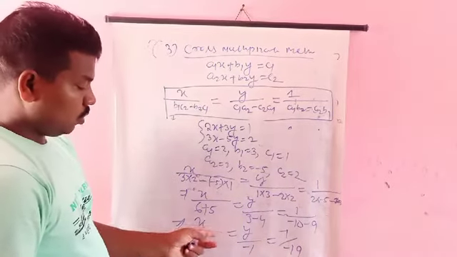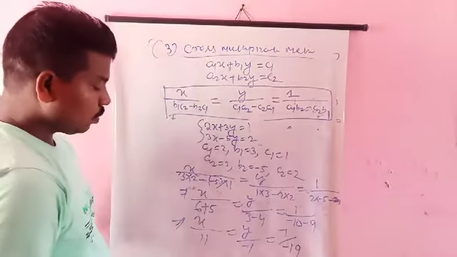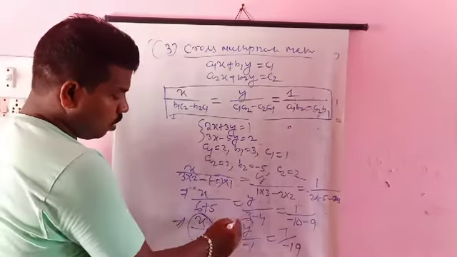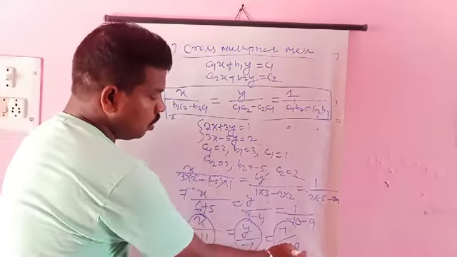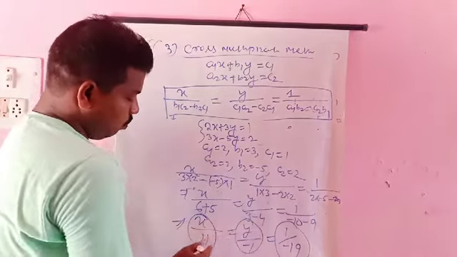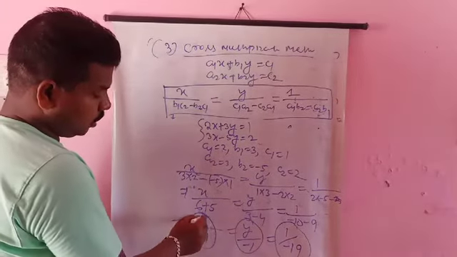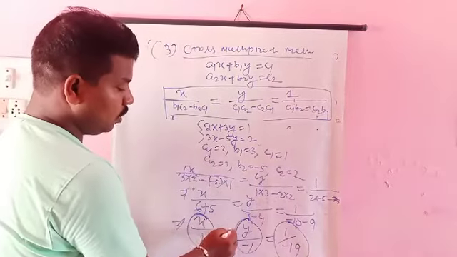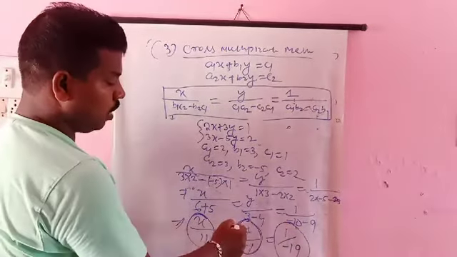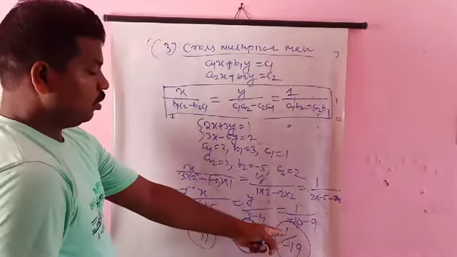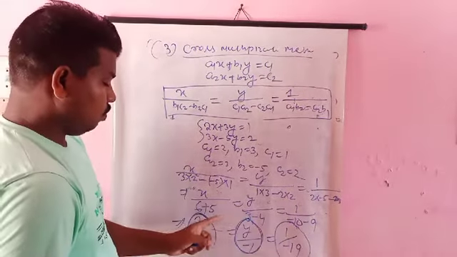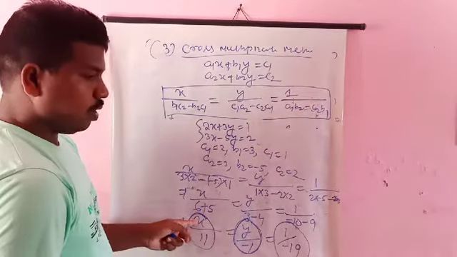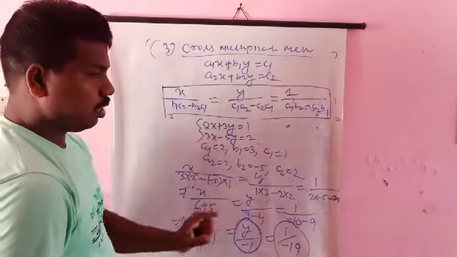So now we have to solve for the values of x and y. See that all the ratios are equal here. So we first equate the first ratio with the third ratio, and then the second ratio with the third ratio, to find the values of x and y. Since the third ratio is a constant and the first two ratios are variable, we equate both variable ratios to the third ratio.